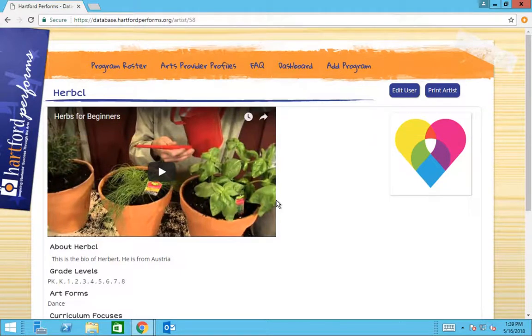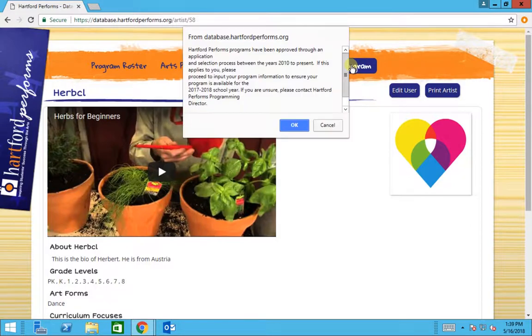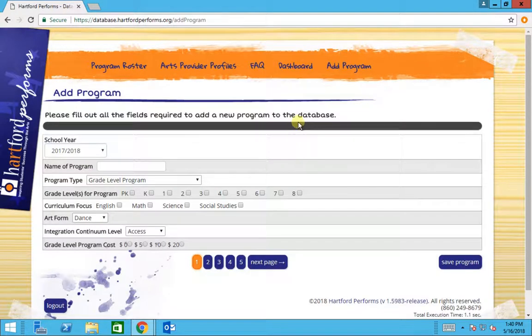So now we're going to go and focus on how to add a program. So we're going to click up here where it says Add Program. And it's very important that you make sure you are set to the correct year. So for our new arts providers, you are looking to add programs into the 2018-2019 school year. So you're going to hit 2018-2019,